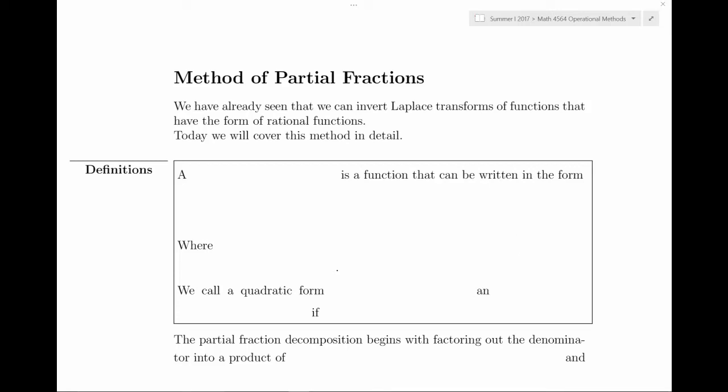Today we're talking about the method of partial fractions and how we can find inverse Laplace transforms using partial fraction decomposition. We have already invoked this method in the previous lecture, so today we're going to look at this method in detail. We call a rational fraction